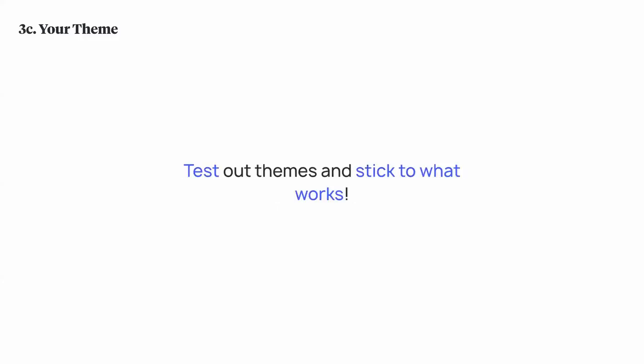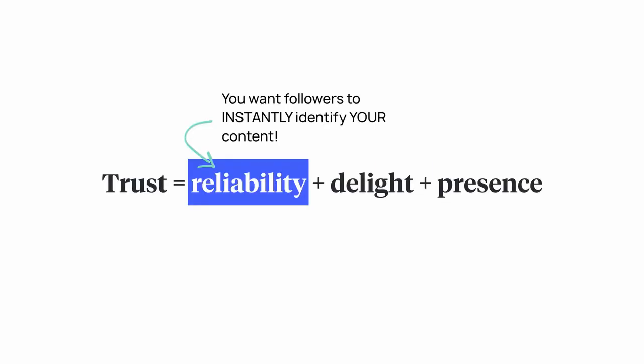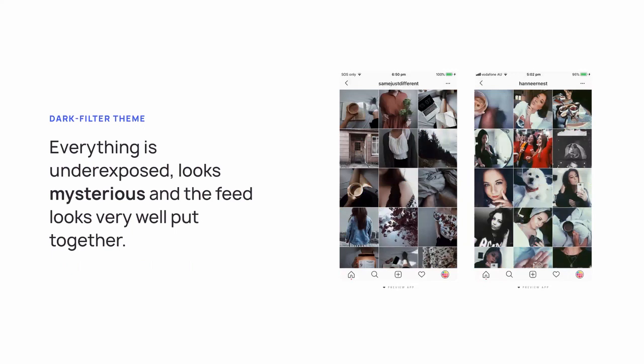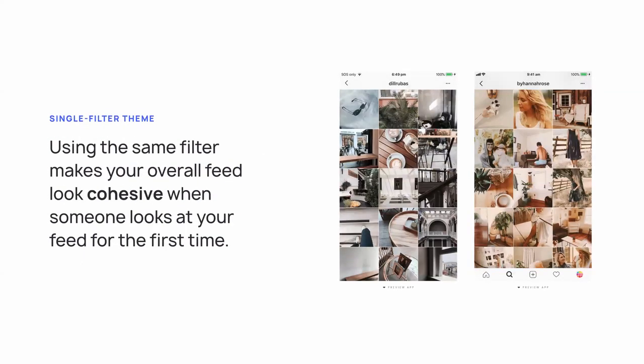And this is just your visual identity. Just make sure it's consistent. Whatever works, you can test things out for sure, but once you find something that people really, really like, stick to what works, right? Again, this is the reliability piece. You want your followers to instantly identify the content that you post, right? You want it to blend into the background there, right? So for color, I can have a color coordinated theme. You can have a color block theme. There's a bunch of things out there. I encourage you to go and research it, but this is just the groundwork stuff you need to have for the content that you post, and so on and so forth.